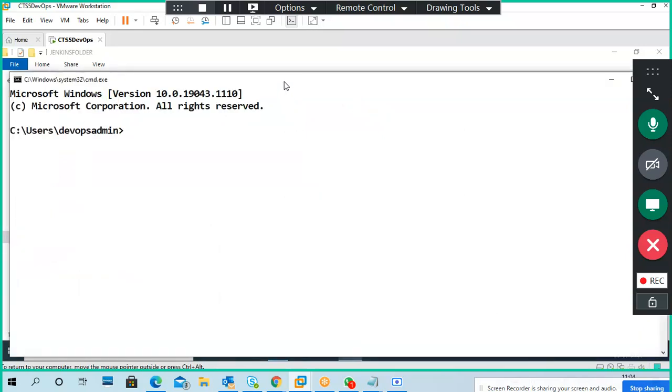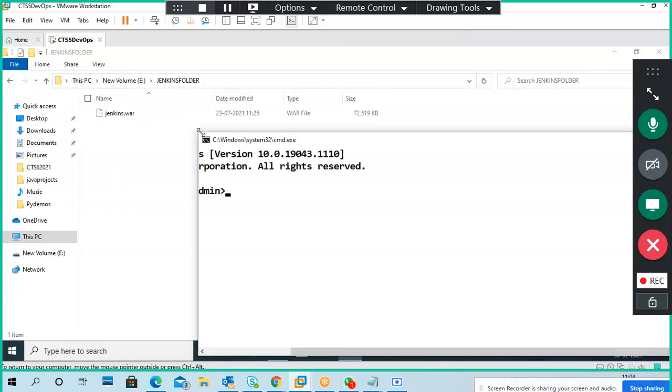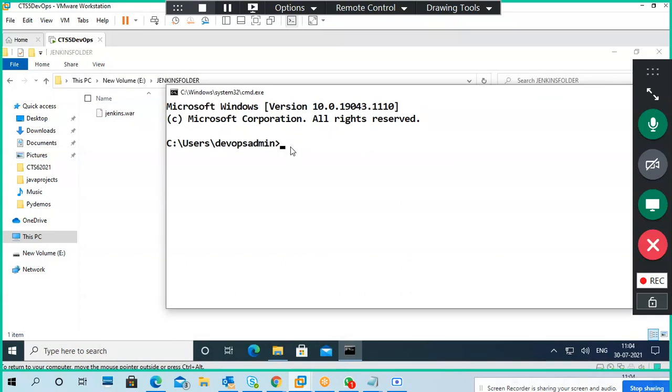CMD, run as administrator or normal, we can run because it is already installed. So then I am going to the E drive, cd to the Jenkins folder.